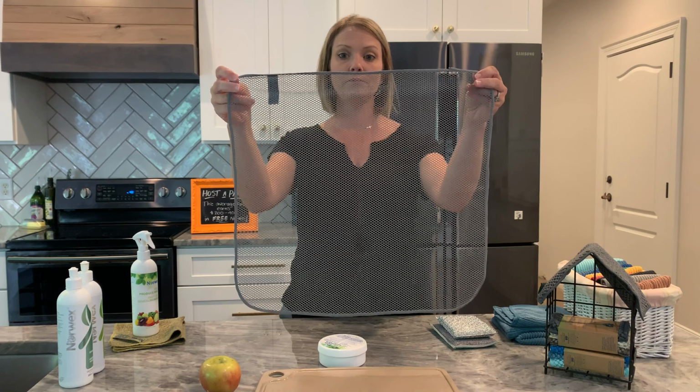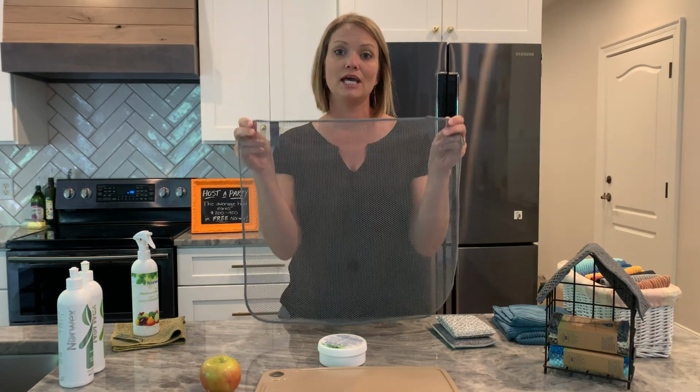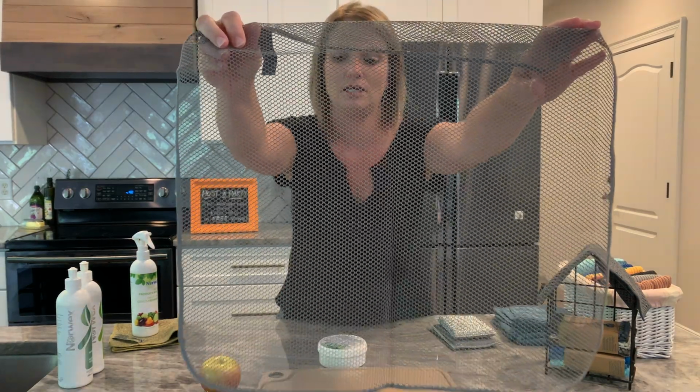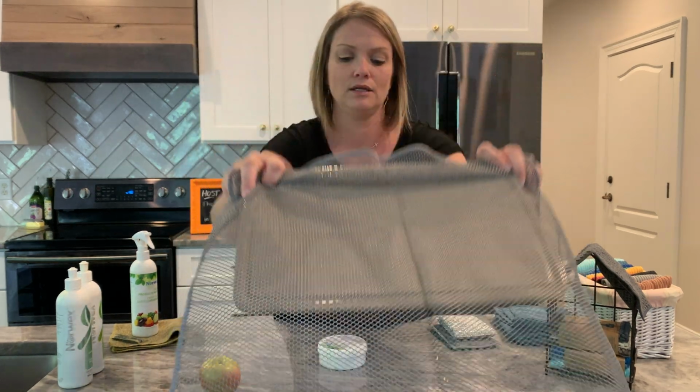Okay, so this right here is what I use to wash my dishes. It is probably the most unsung hero in our catalog. It doesn't look like much. It's called the dishcloth. It is a netted dishcloth. I don't know if you can see how it's made, but it's holey like that,